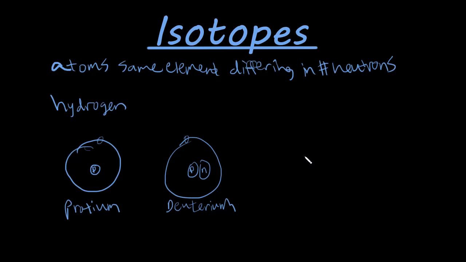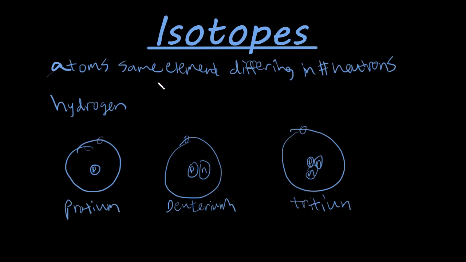And we also have another isotope we might see, which is called tritium. And this one has 2 neutrons in its nucleus. So we still have that proton, which makes it hydrogen. And then we have 2 neutrons in its nucleus for tritium. And so we can see here that